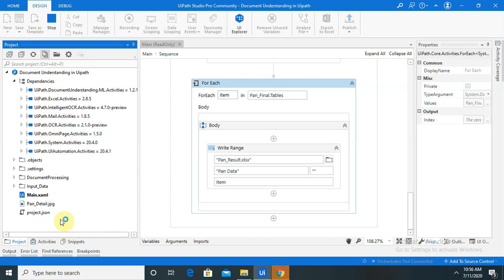So let's wait for the execution. It's totally dependent on your system requirement as well, system resource availability, because my system is a bit slow, so it is taking much time, but in normal cases it will be done within 30 seconds.